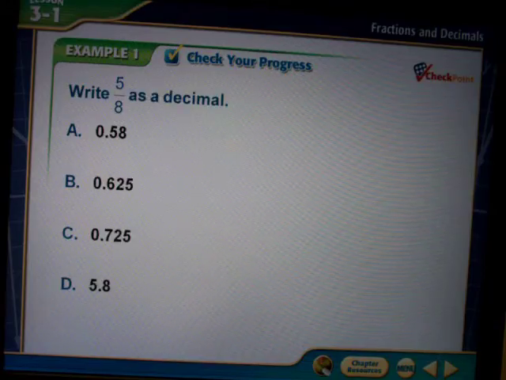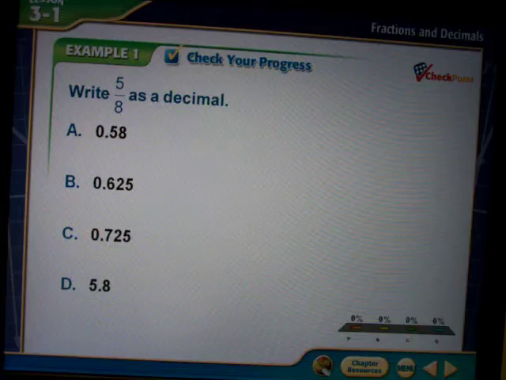Now, go through, divide out 5/8. Which one is the correct decimal? Is it A, 58 hundredths, B, 625 thousandths, C, 725 thousandths, or D, 5 8/10? And the answer is